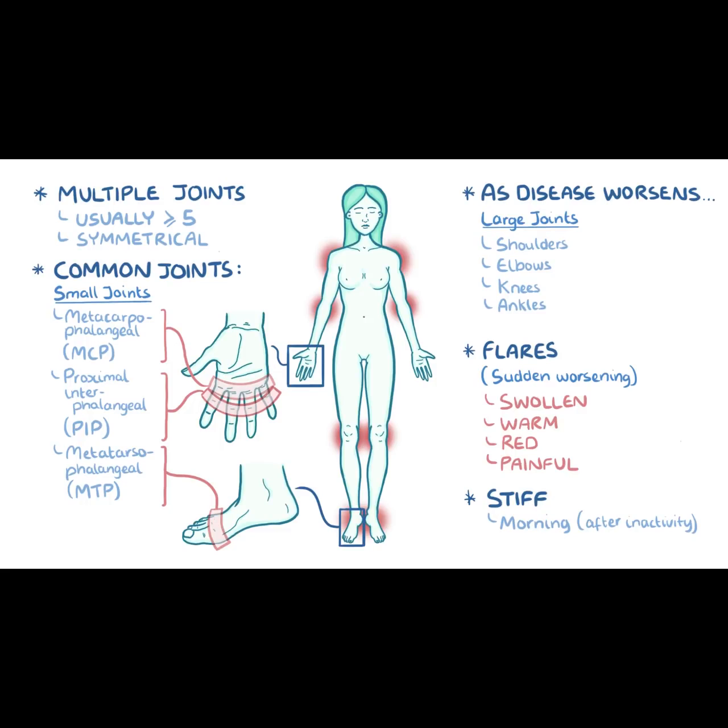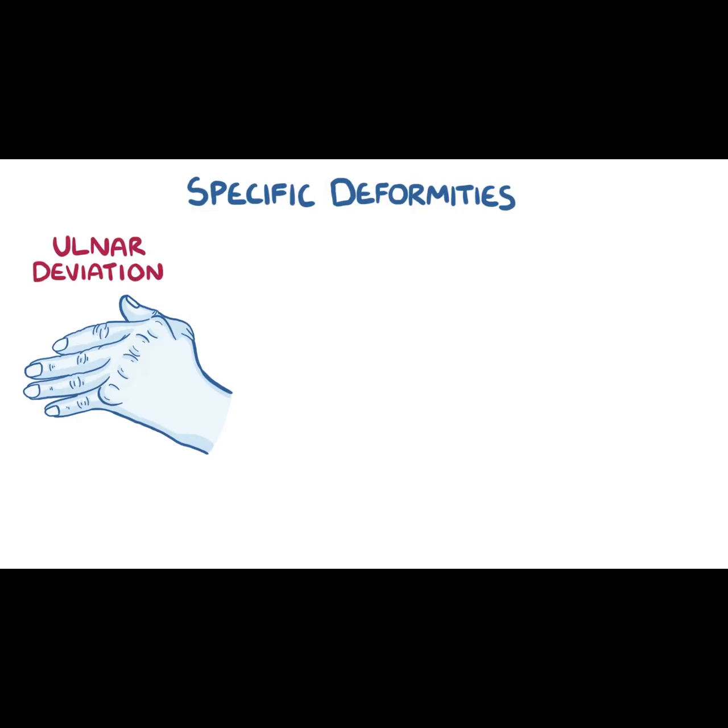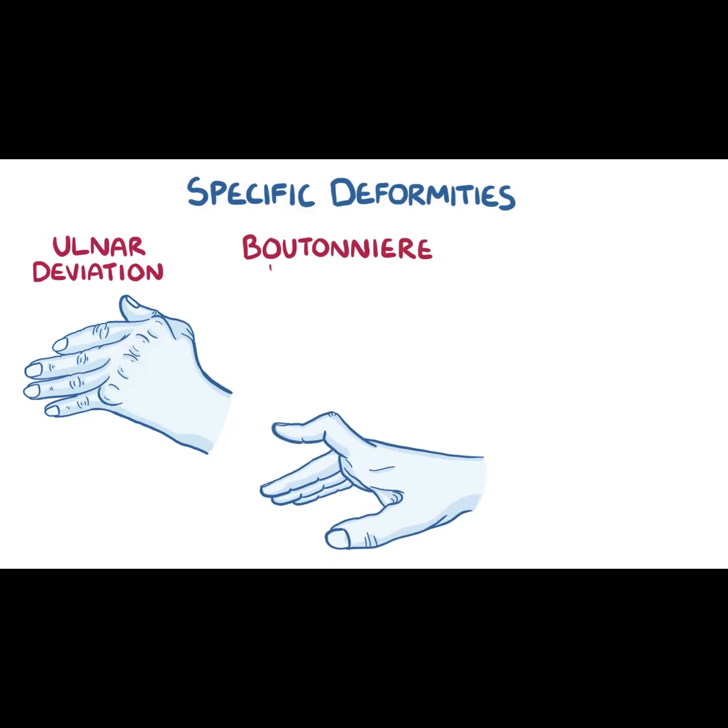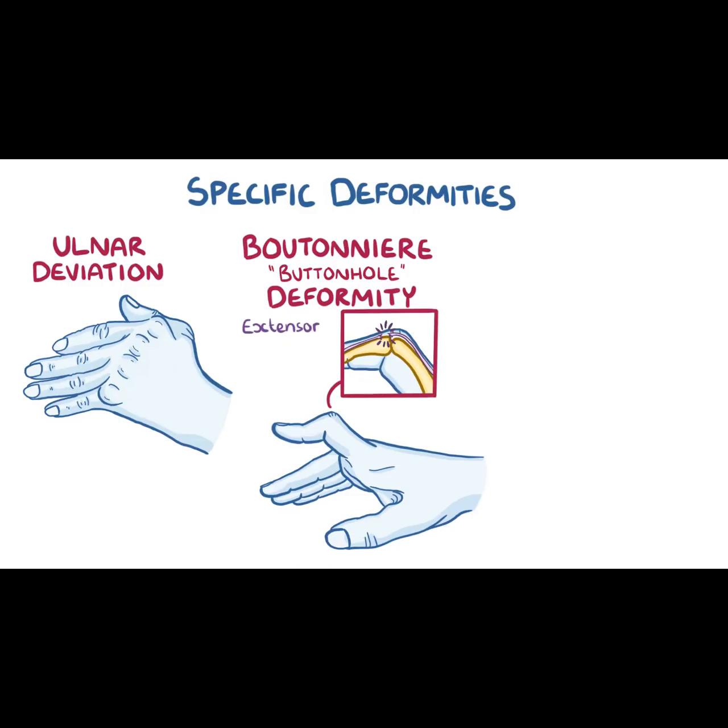People with rheumatoid arthritis may develop specific deformities, usually of the metacarpal phalangeal joints of the hand, such as ulnar deviation of the fingers. Deformities are also common in the interphalangeal joints, such as the so-called boutonniere or buttonhole deformity. This occurs when the extensor tendon in the back of the finger splits and the head of the proximal phalanges pokes through, like a button through a buttonhole, causing flexion of the proximal interphalangeal joint and hyperextension of the distal